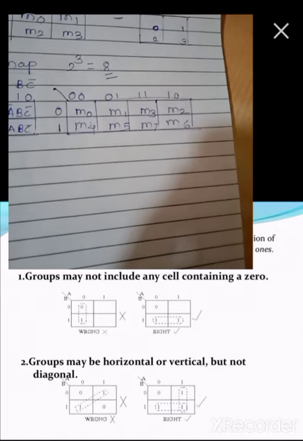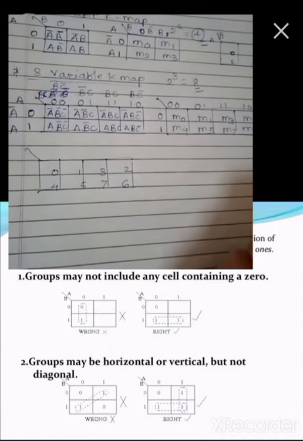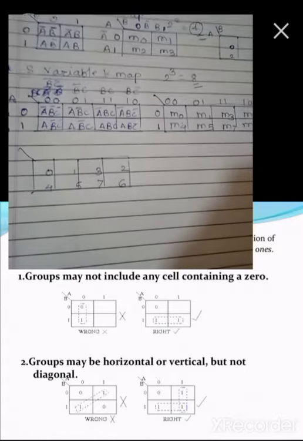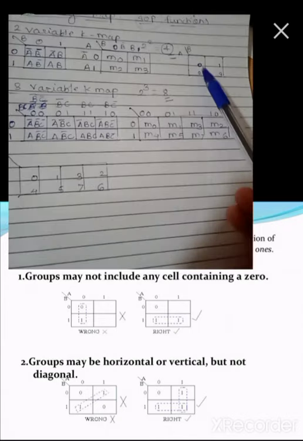So these are the house or block numbers we have got after plotting the 3 variable K map. Now while drawing a 3 variable K map, the house numbers or block numbers are fixed. That is, we have designed 0 1 3 2 4 5 7 6. So these block numbers are fixed. Whenever you draw a 3 variable K map or 2 variable K map, these block numbers are fixed.